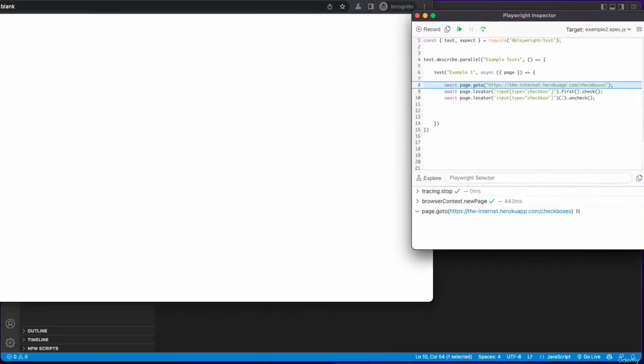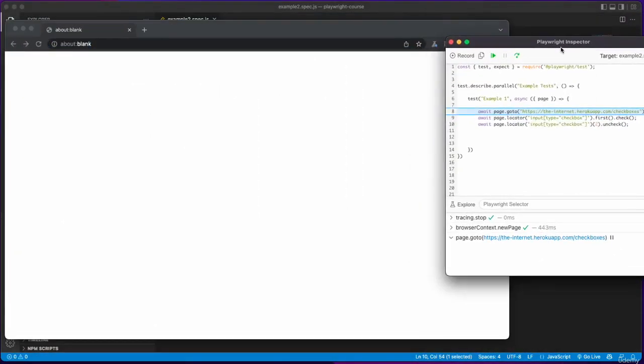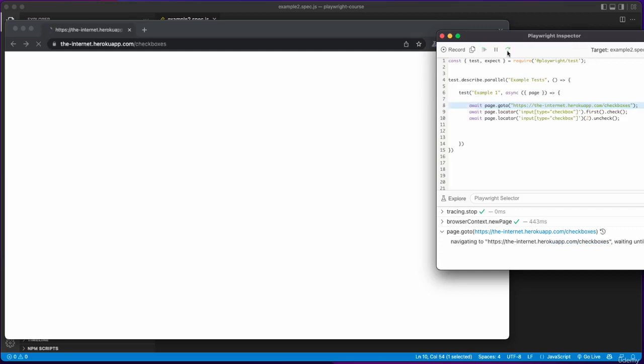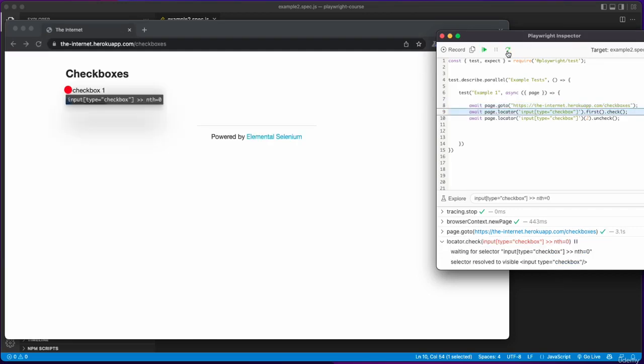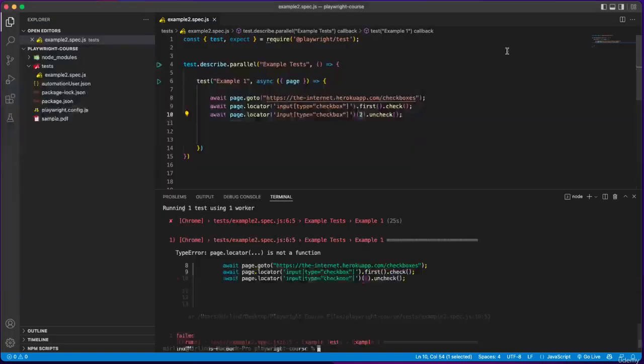Now let's go here. So we go to the checkboxes. You can see it has found that element, and now it will check it. If we click check, it has checked it. But as you can see, this is not working. I wasn't sure if it would work, but I did it purposely. So we will